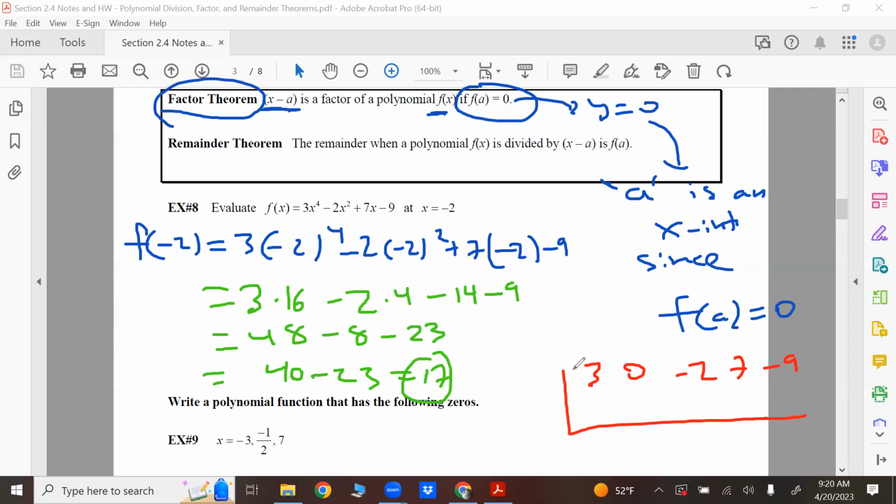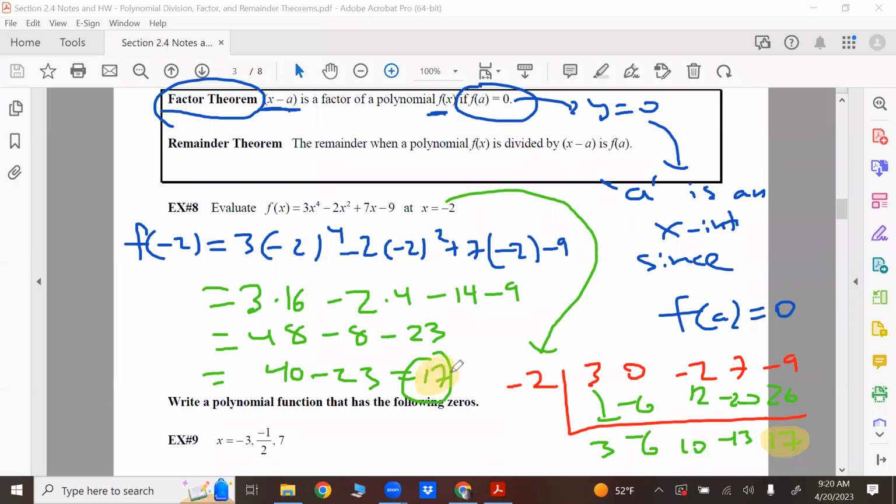How do you do that? You'll see. Okay, let's do it. So you put -2 on the outside, and you put all the coefficients on this side. Drop the 3 down, and go ahead. What's the next step? Look at that. That's not